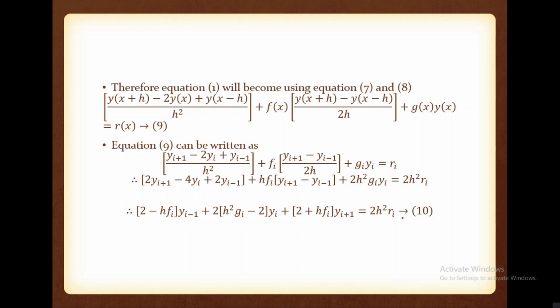Okay. So what you have to do? You have an equation with the y double dash of x. So after replacing y double dash of x and y dash of x, you have to find this type of equation. That is something into yi-1 plus something into yi plus something into yi+1 equals something. That form you have to get. And please note one more thing. You have two values, y0 equal to a and yn equal to b.